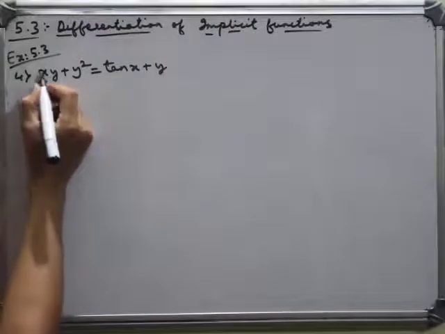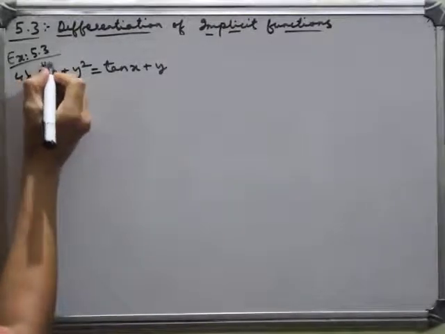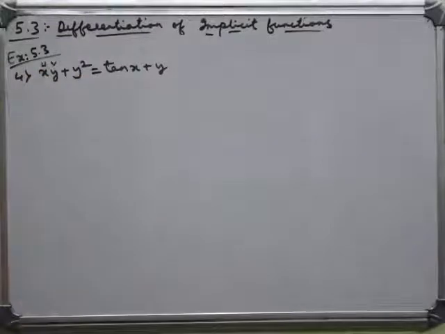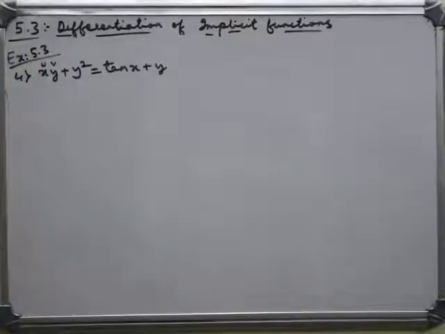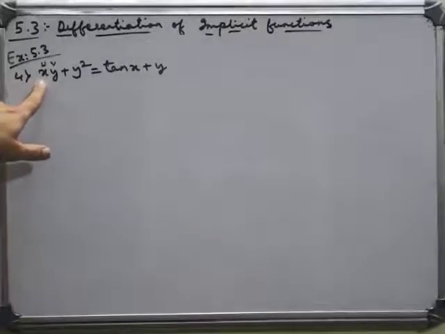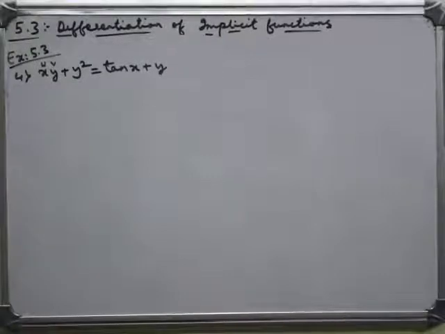Here we have x and y, two different functions. So this has to be solved in the form of the product rule, u into v. Most of the time, what I have observed, the common mistake students make is they write x into dy by dx, or they differentiate this and get 1, differentiation of x is 1 and differentiation of y is dy by dx, and write it as dy by dx. This is a common mistake I have observed. So please don't do that, because x and y are two different functions. So this has to be solved by using the product rule. So let us see how to differentiate this.